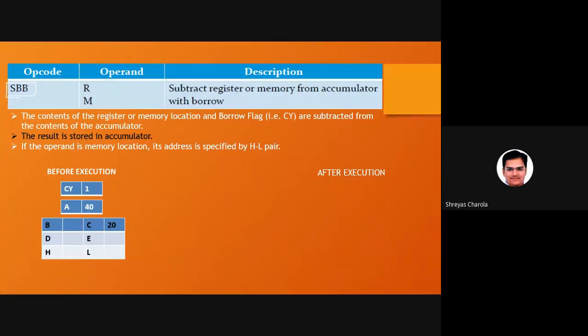Same as SBB. Now SBB is nothing but subtract with borrow. Everyone knows that whenever I do the subtraction like this, I cannot subtract 4 minus 5. What I need to do, I need to take a one borrow and then do 14 minus 5, then I'll write the answer. Can anyone tell why we are taking 10 here always? Why not any other number? Why the 10 only?